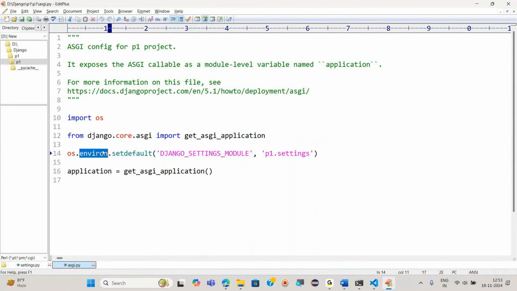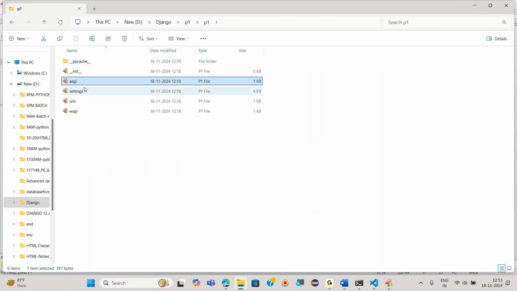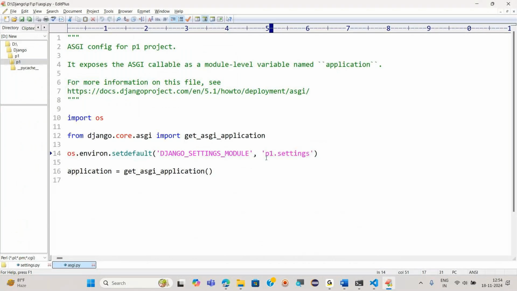So in ASGI, they have called the settings module, this is the environment, basically a pointer, and setdefault is a function. Tomorrow I'll tell you each and everything about this, and it is also taking p1.settings. That means we are passing p1.settings. P1 is a folder name, settings is a file name. That's why Django has taken p1 automatically, we haven't written it. And it is calling the callable object, that is application, which is calling get_asgi_application